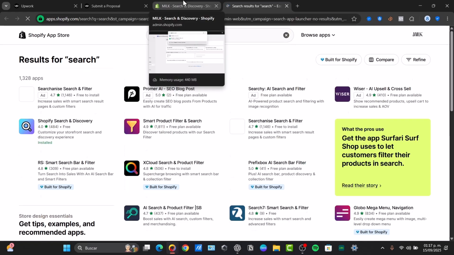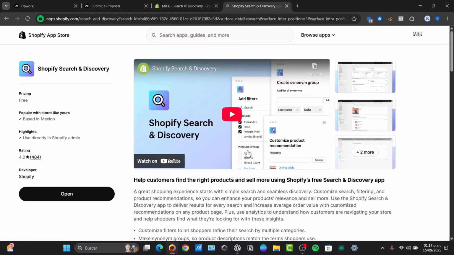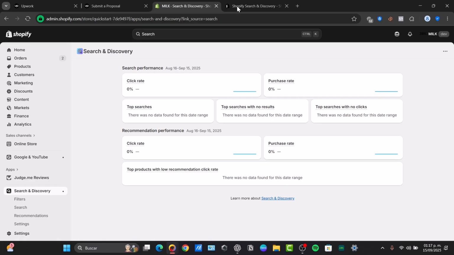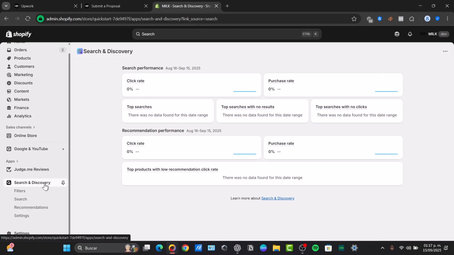Once you are inside here, aim for the Search and Discovery app created by Shopify. This is a really great application to help you find the right products for your clients and sell more. Using the free Search and Discovery application is just a matter of hitting download and then the option that says open. Once you have downloaded the application, you can locate it in the section that says Search and Discovery here. I'm going to click on that, and we are now inside the search performance,